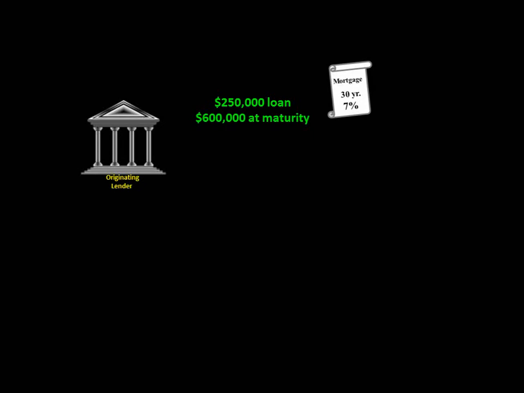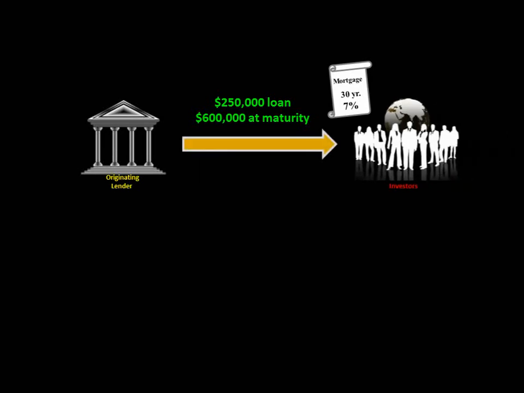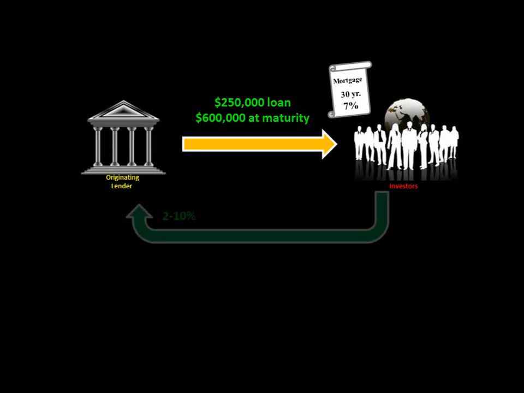The originating lender can take this paper asset and sell it for an amount higher than the $250,000 it lent, but below the maturity value of $600,000, so that an investor who buys this paper can make some money over time as a result of the borrower making their mortgage payments every month. Originating lenders generally make a profit of about 2 to 10% of the original loan balance when they sell a loan to investors. In this example, the investors pay 5% or 5 points for a purchase price of